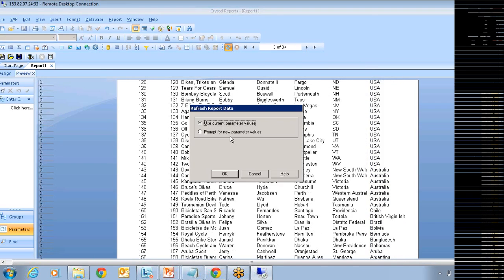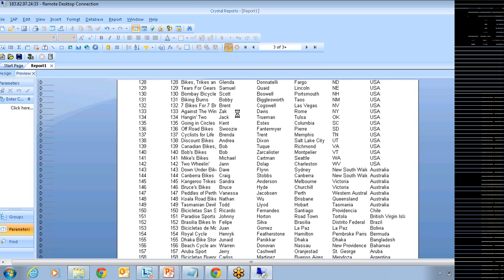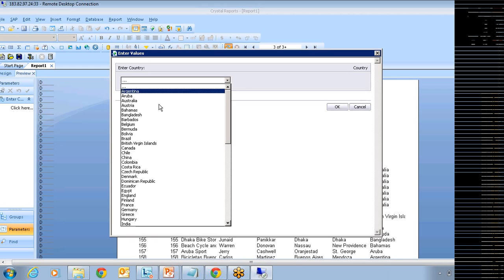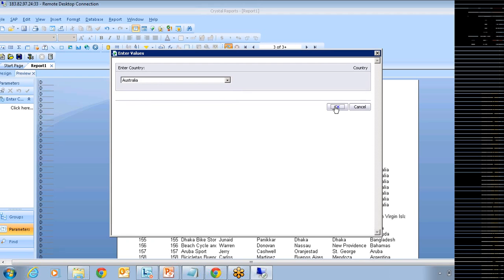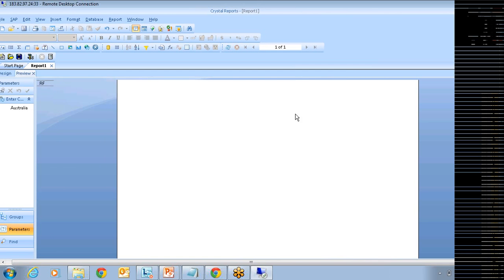But whenever I refresh again, it prompts me, and if I want specific country information, then choose that value from the drop down list. For example, Australia. Click on OK. It shows Australia data.